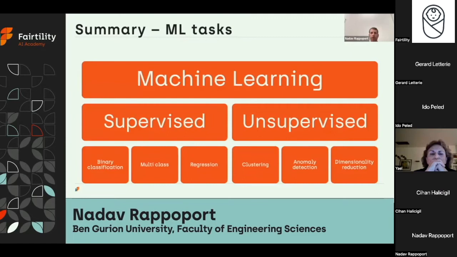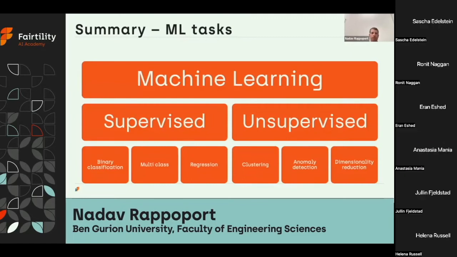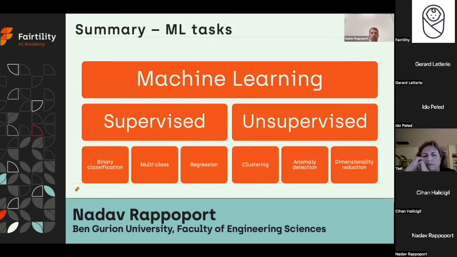a 3rd one, reinforcement learning, which we did not cover. In supervised learning, we have some true labels, which we want to predict, and the labels can be of a binary nature, categorical, or continuous. In unsupervised learning, we have no label to predict, but we want to learn about the structure of the data or the relationships between the samples. Here we also talked about 3 types, which are clustering, anomaly detection, and dimensionality reduction.